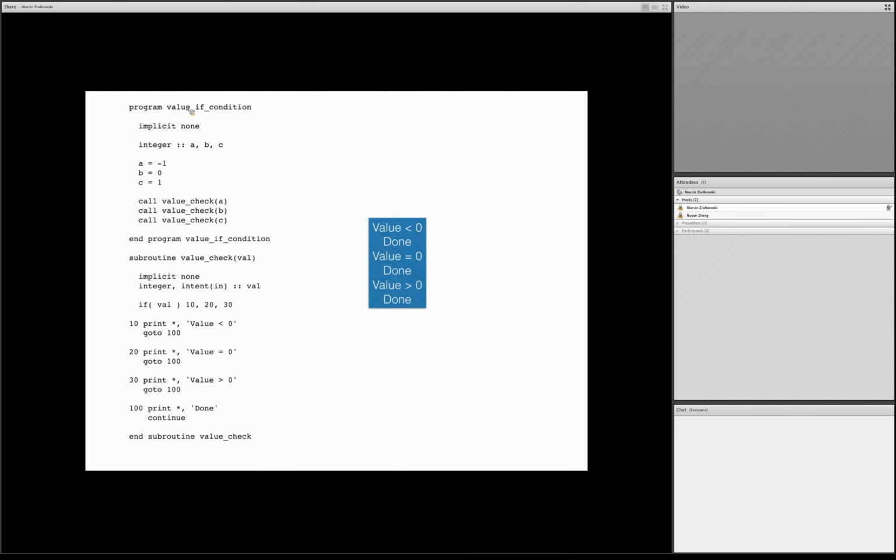We have a small program that calls one subroutine that checks value, and we implicit none. We create 3 integer values. One will be called take value -1, next 0, and next +1, and we'll check its value. And in this subroutine that checks the value, we'll use this conditional that has this weird form. If value, then go to